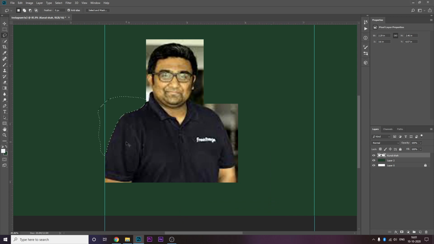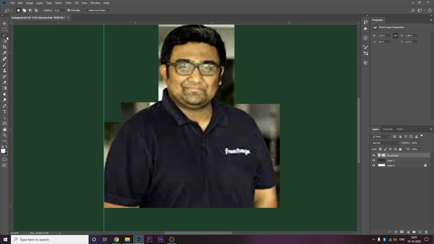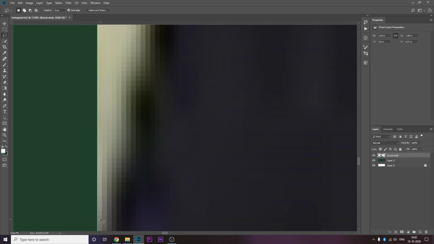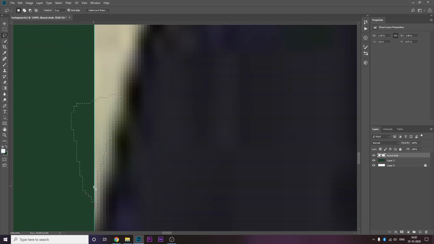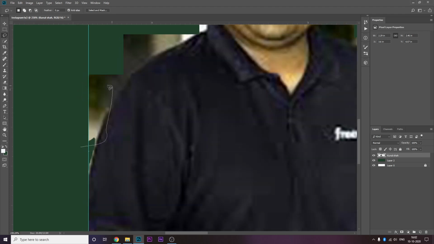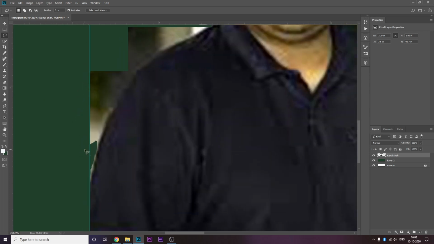Oh, I can't undo it. Why? Because I'm pressing Control Z. I have to press Control Alt Z. So Control Alt Z, and it came back. Correct. So now I can do this wherein I zoom in and carefully select this, then delete, then move ahead and then do this, and then delete and go ahead and this, and then I selected something extra, so I have to draw it again, and I do this, and then again I have to do this and delete.